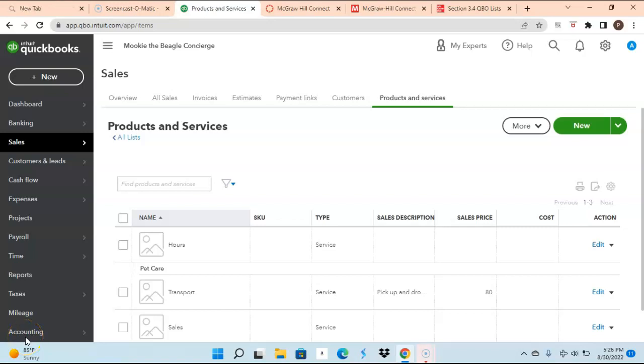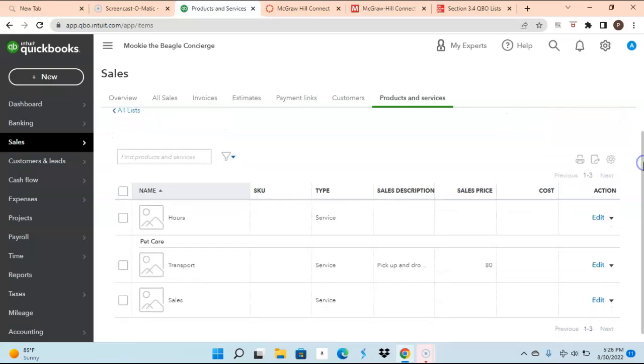Let's continue with our Chapter 3 QuickBooks Online video lecture. Our stopping point was how to add in a product and/or a service. So we created a service. The name is Transport. It's up under our pet care category. There's a description of the type of service, and the sales rate for this service is going to be $8